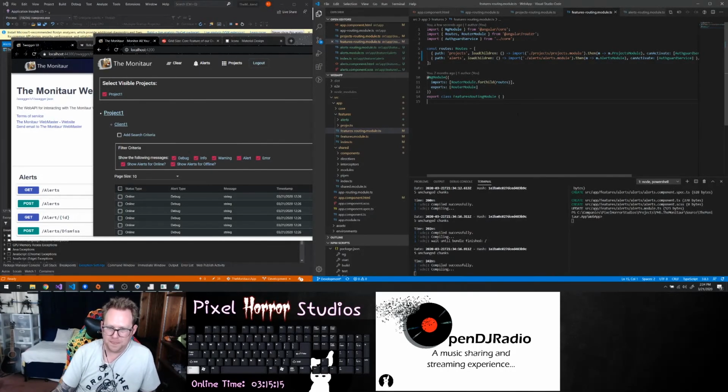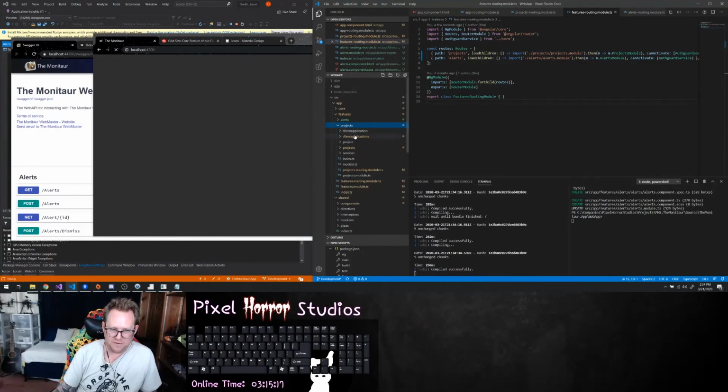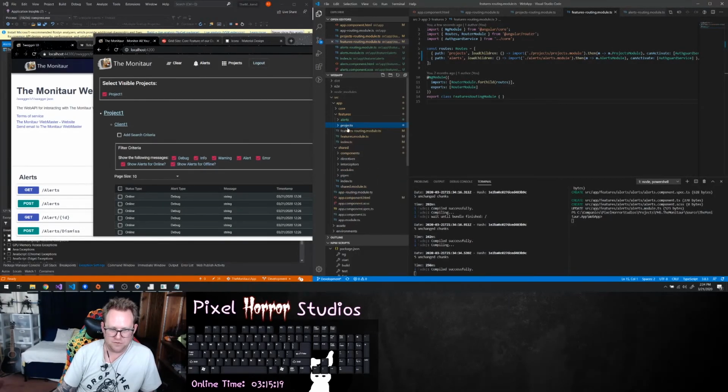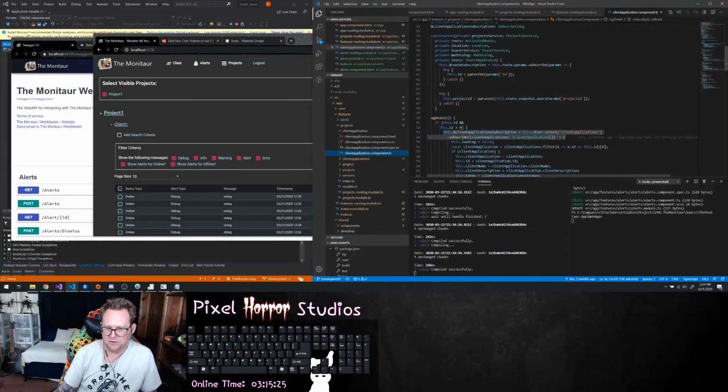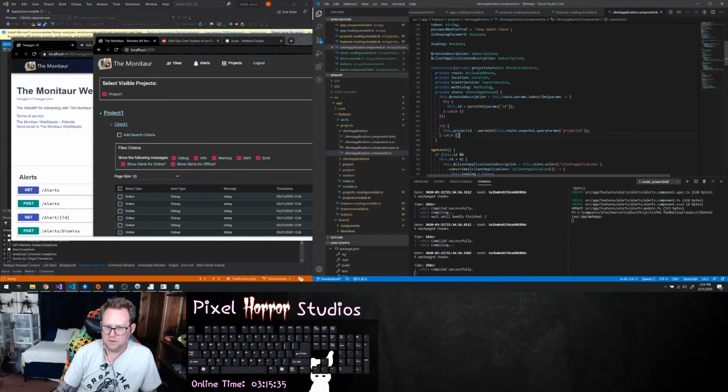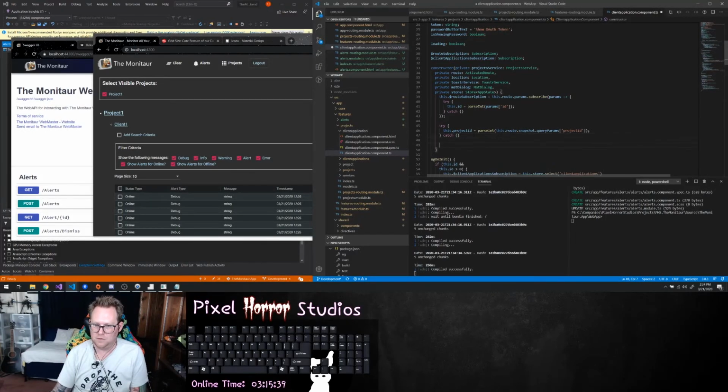And so now what I can do is inside of my projects client application, and on my TS, in my init, is that where I want to do this? In my constructor. And so in here, we're going to have a